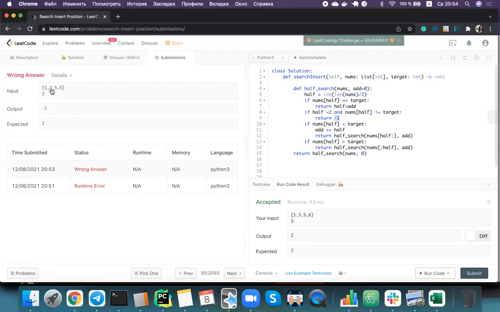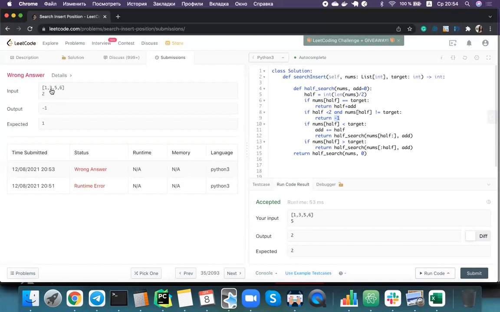It will be index 1, but if in this case we say that it's not found, that means in this case I think